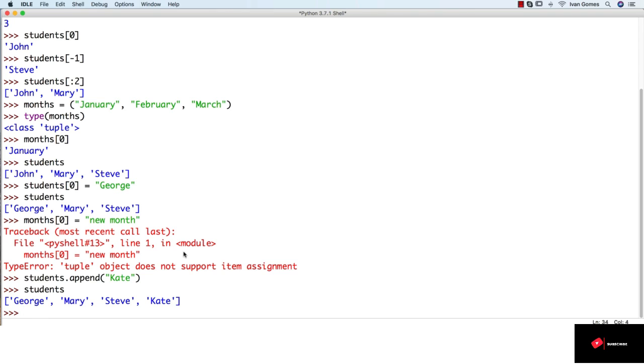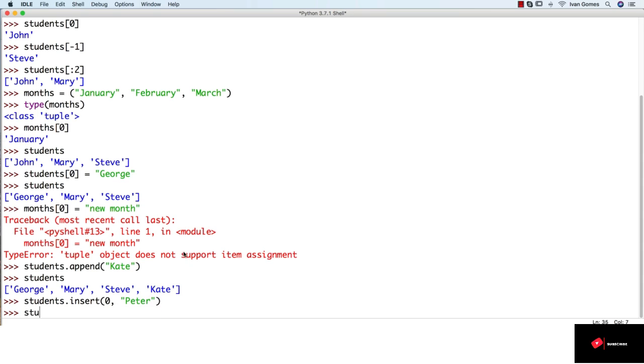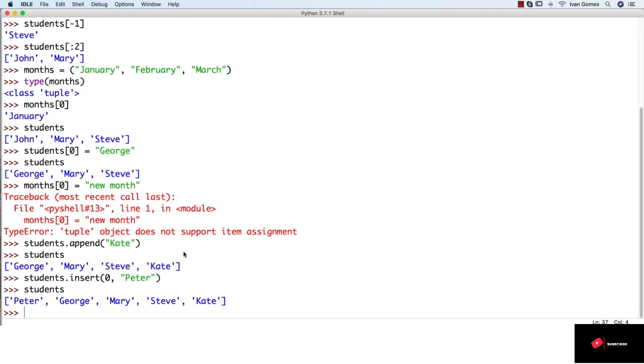We can also add elements anywhere we want in the list. So for example, in the beginning of the list, we would do students and then we can use the insert method, which accepts two arguments. The first one is the position in the list, so 0. And the second argument is the item we want to add to the list. So let's try Peter. And now we added Peter to the first element of the list, and all the other items have been pushed